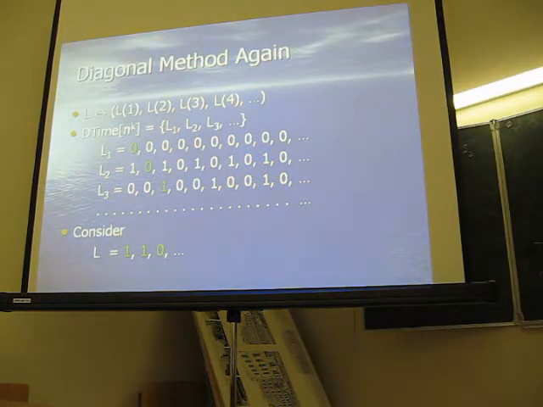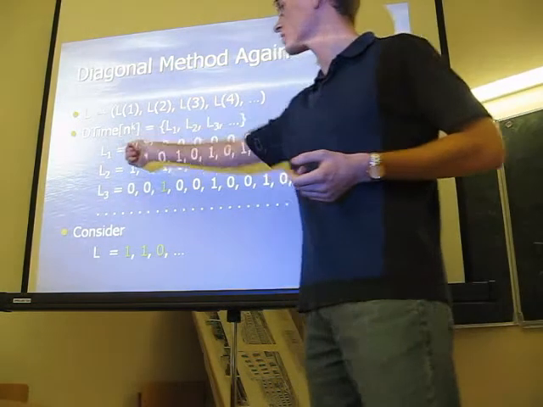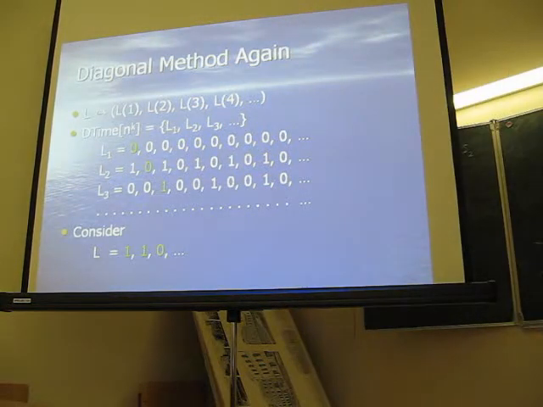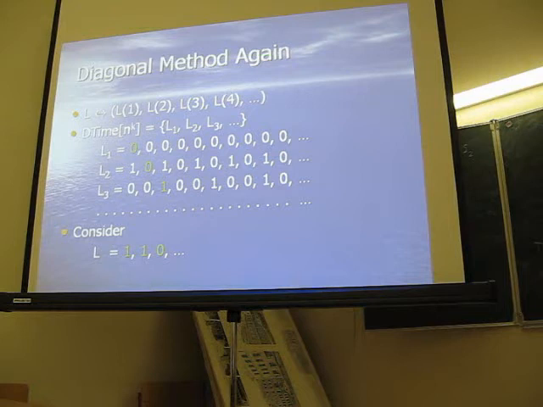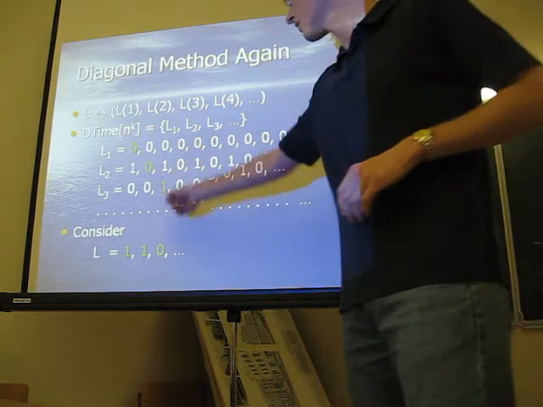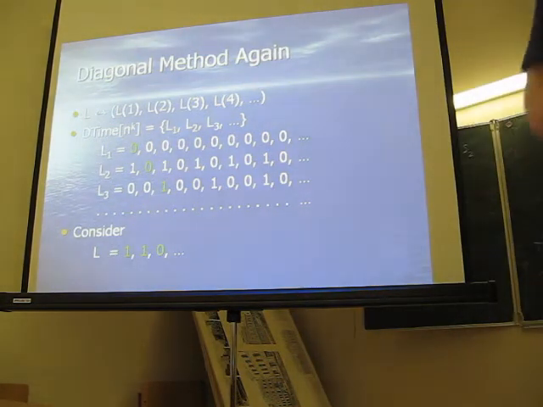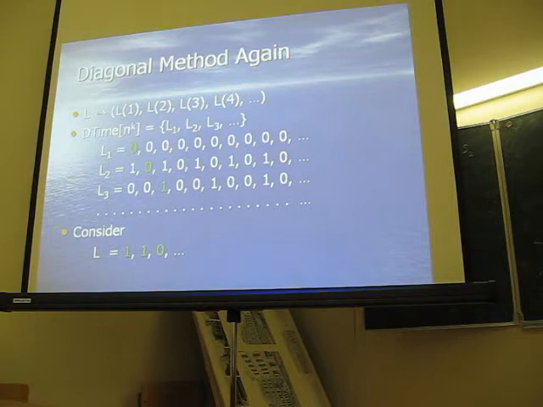Now, let me enumerate the class of languages recognizable in time n to the d. It's certainly enumerable just because the set of all Turing machines is enumerable. And we write down these languages one by one, and consider the diagonal, and consider a language L that differs from any language in the set of time n to the d. So obviously language L is not recognizable in time n to the d. What remains to be done is to show that this language can be recognized in a little bit more time, n to the d plus epsilon.